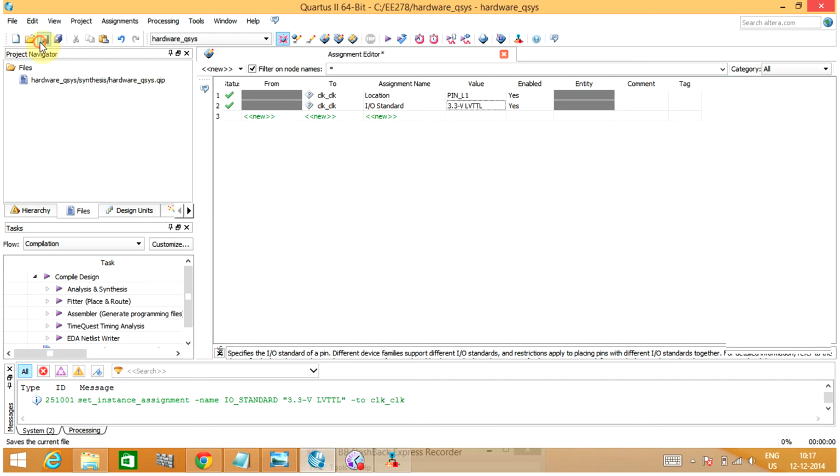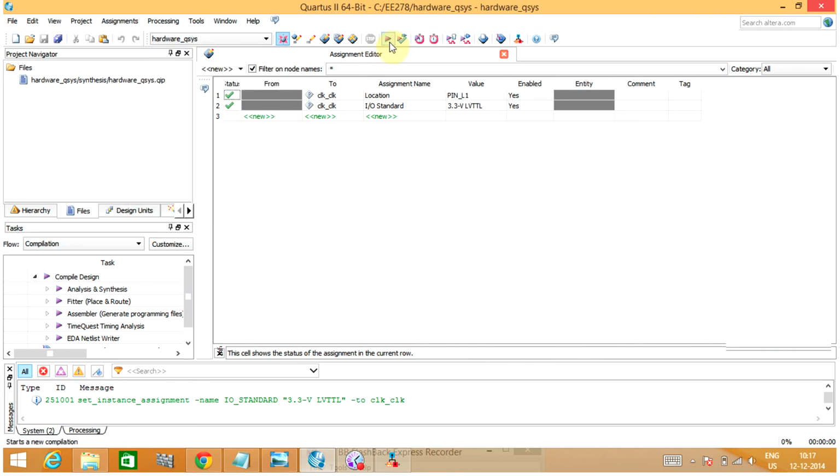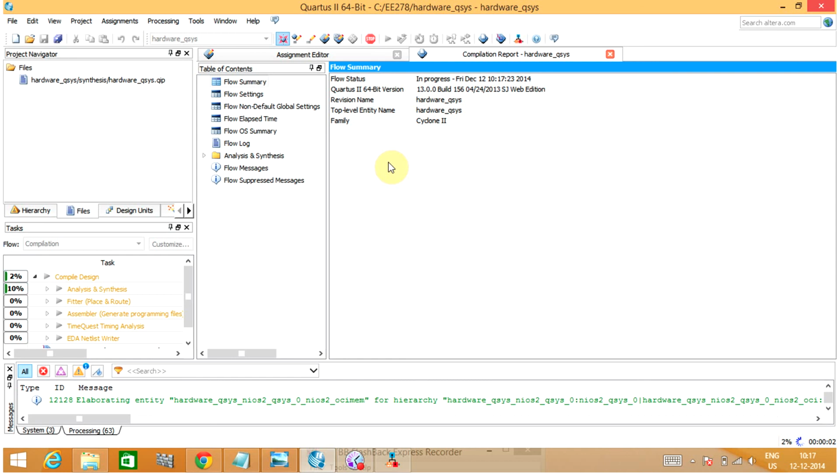We need to save this. After doing the assignment from the assignment editor, we could compile the file. On successful compilation, we can then dump onto a board.